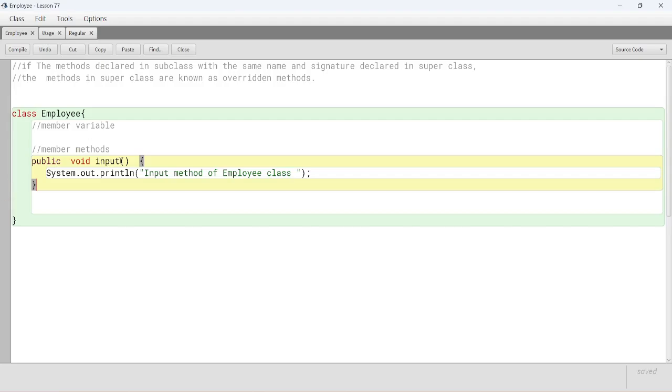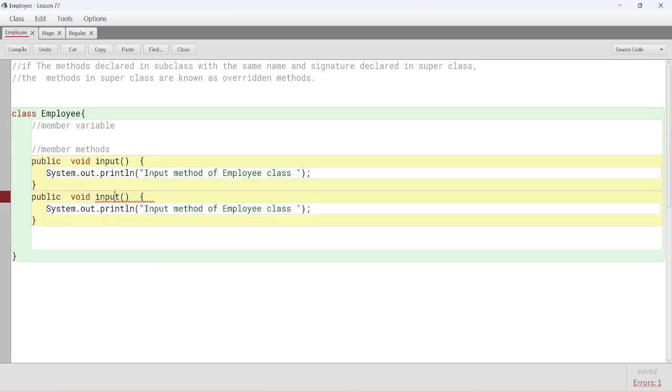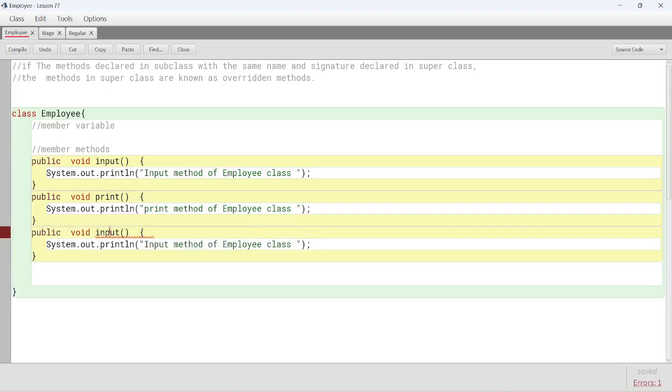Public void input, the input method of Employee class. One more time I am pasting but making it the print method. This is the print method of Employee class. Another method, let's say printName. This is the printName method of